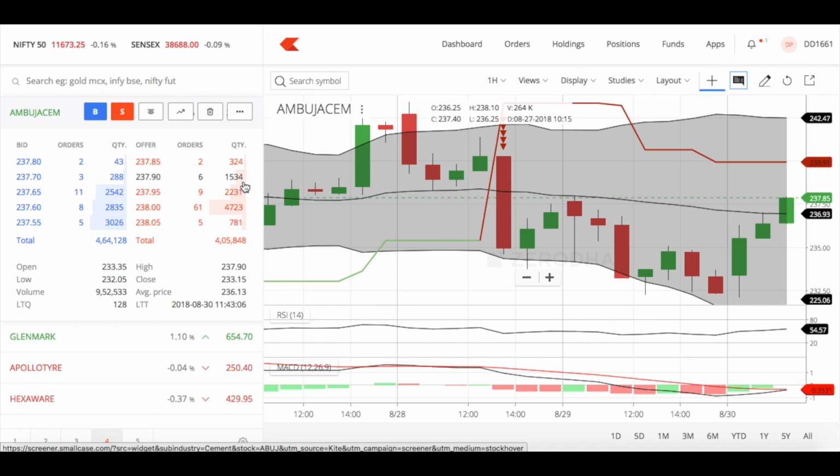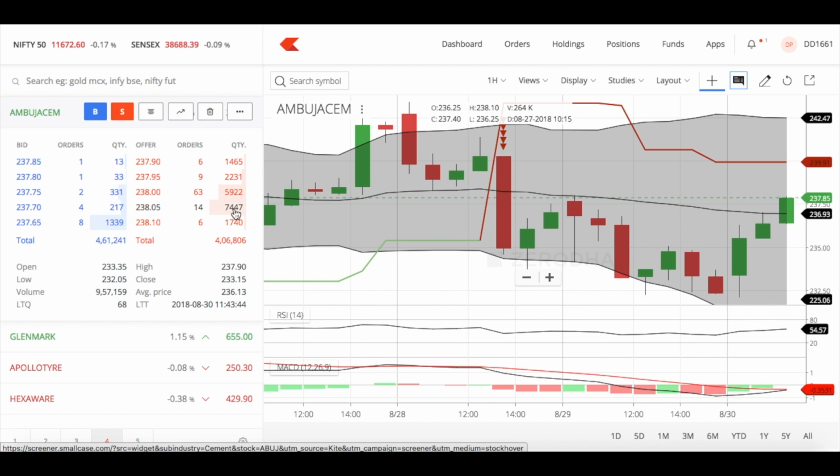So if you see, small resistance is over here at 90, and then we have 95 and 238 with 5062 orders. So a lot of people have put their order in this particular region. Normally what happens is people put their orders in these levels, like 238, 237, 236, 239. Most of the time, that's the reason I exit at 90-95, 80-85, and when I buy above 238.05, 238.10, because